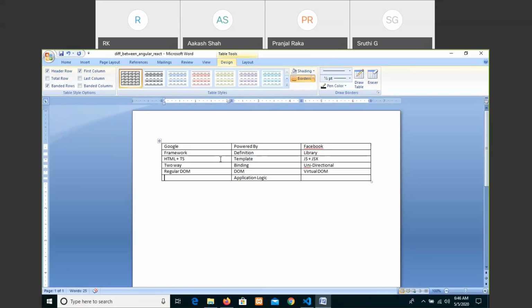Whereas for the last, application logic is based on services, it will work.